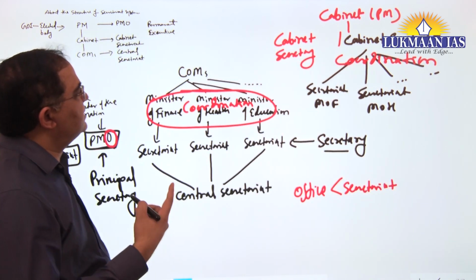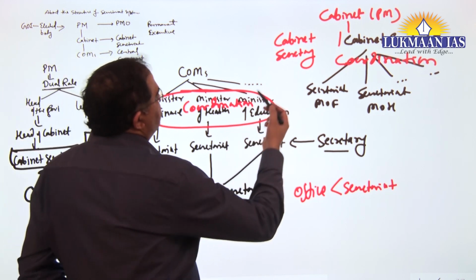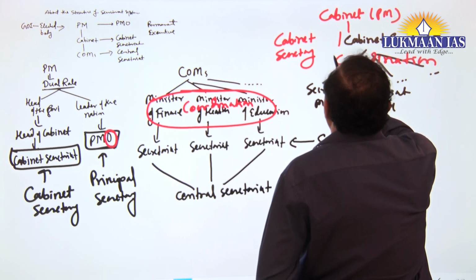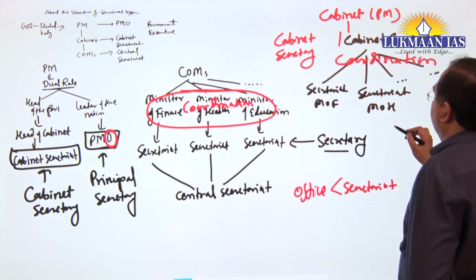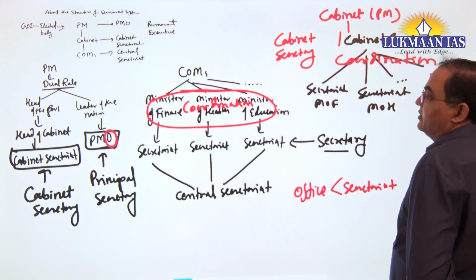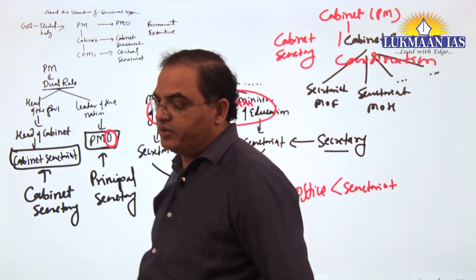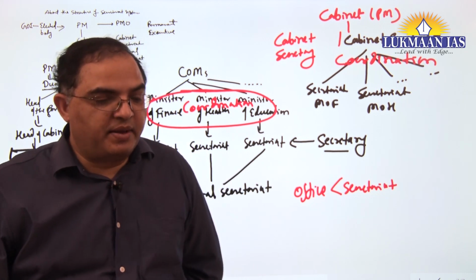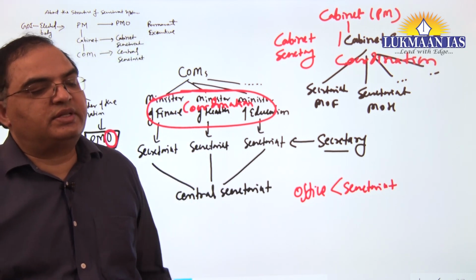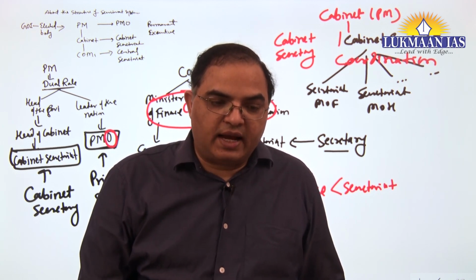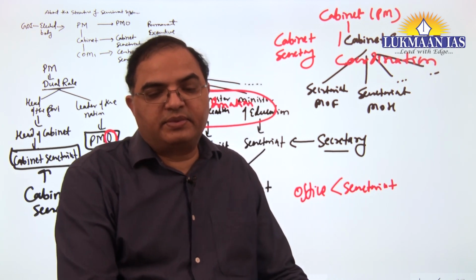And hence it has recognition. So Cabinet Secretary, Cabinet Secretariat, Central Secretariat, they have their recognition under Parliamentary Convention. PMO does not have recognition under Parliamentary Convention, but Prime Minister Office is created, since Prime Minister has to also perform his functions as head of the, means leader of the nation.